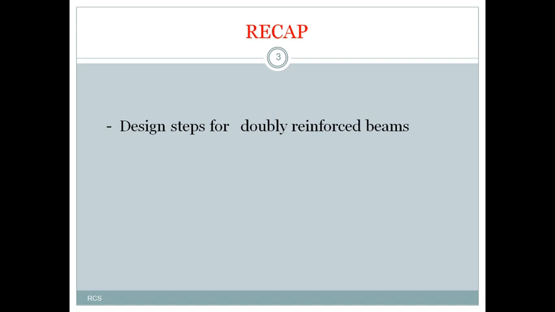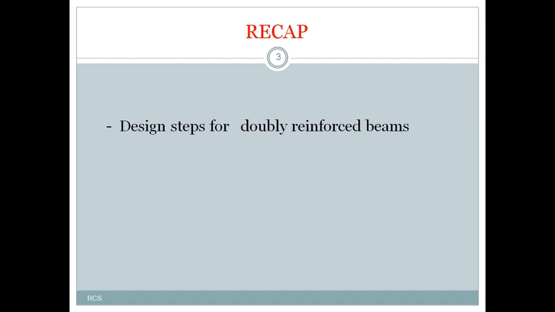The next part is the design of a doubly reinforced beam for shear. Shear design means arresting the shear cracks formed in the beam. There we have to provide shear reinforcement in the form of stirrups, or bent-up bars and inclined stirrups. For that we have to calculate the factored shear force. After obtaining the factored shear force, we calculate the shear resisting capacity of the concrete and the shear resisting capacity of the steel. Based on that shear resisting capacity of the steel, we calculate the number of stirrups required and the spacing to be maintained for the stirrups.